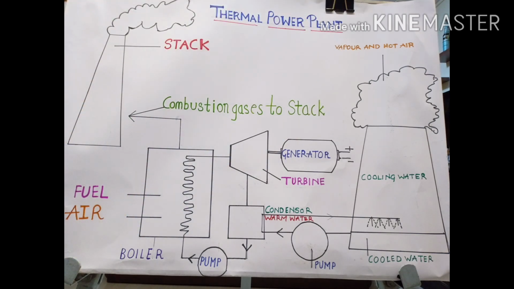Now let us first understand the process step by step, right? With the help of thermal energy generated due to combustion of coal in this boiler. When the coal is ignited in this boiler, in the presence of air it burns, releasing a lot of heat or thermal energy. The heat or thermal energy liberated is used to heat the water. The water gets heated to a high temperature, thereby getting converted into steam.